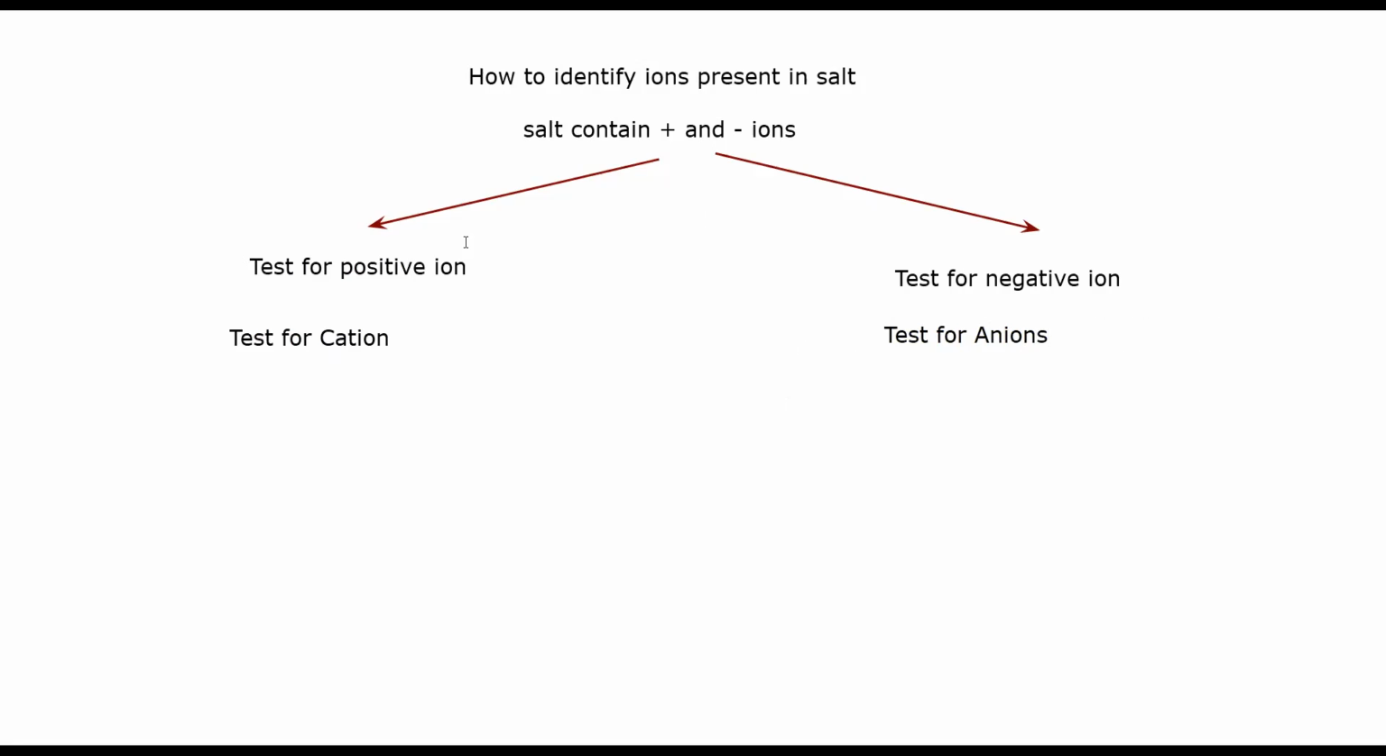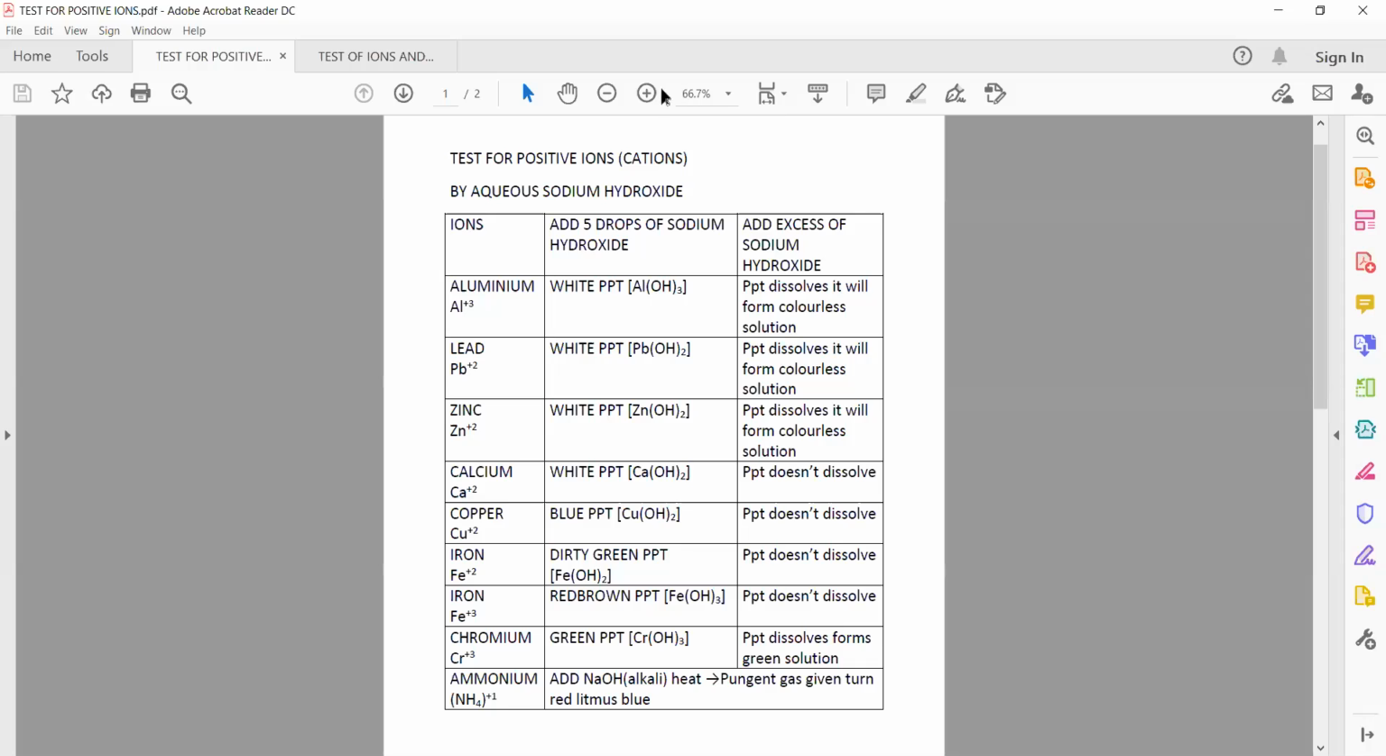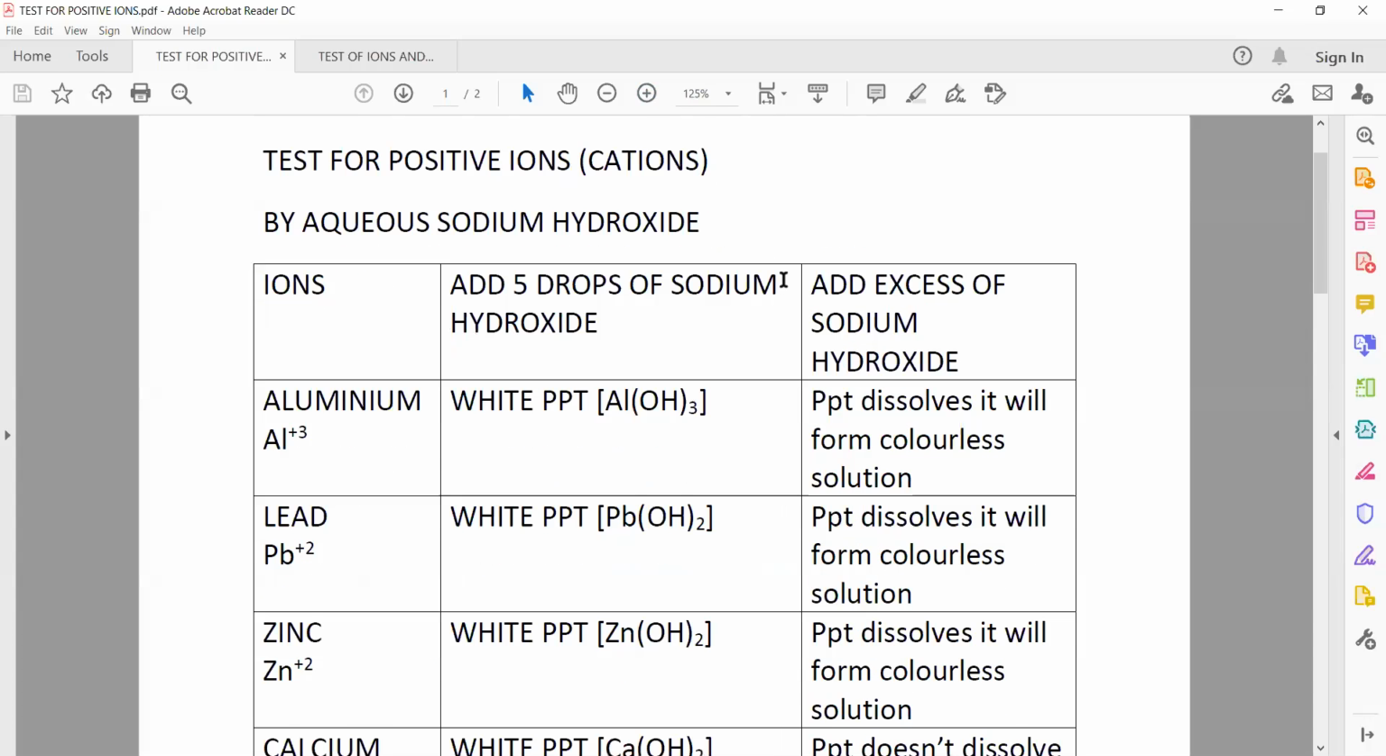How we test: first we'll discuss how we test a positive ion, and then we'll discuss how we will test a negative ion. If you want to test a positive ion, there are two ways to test it. The first method to test a positive ion or cation: